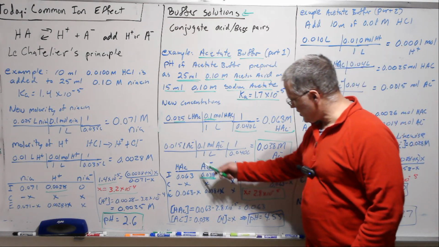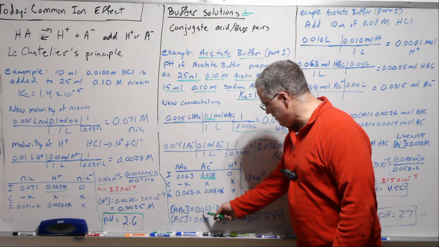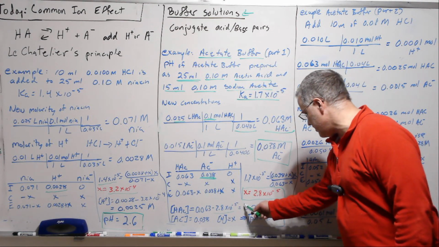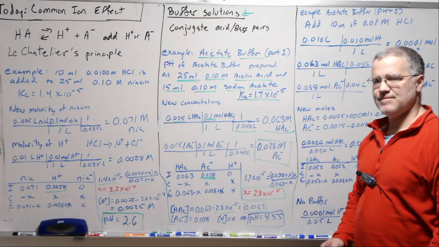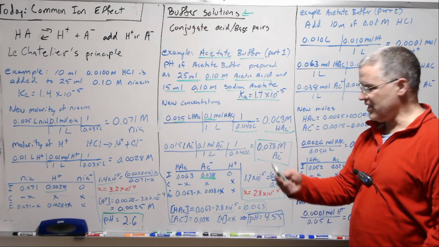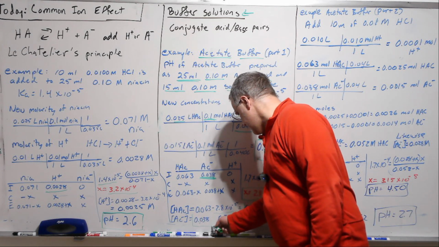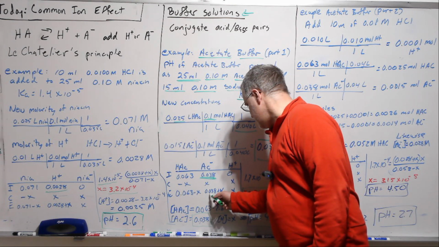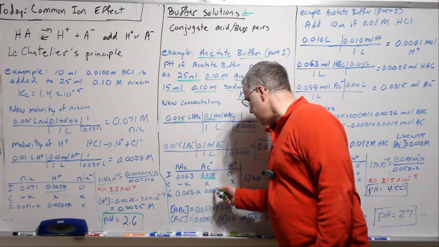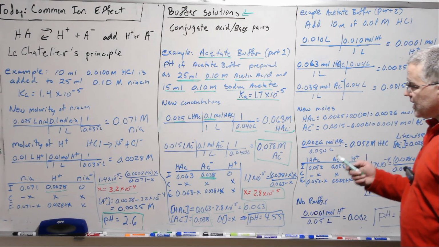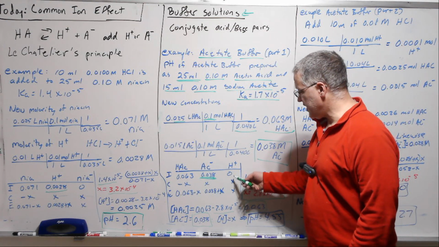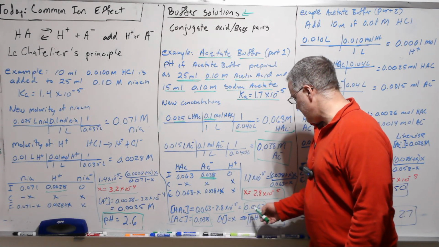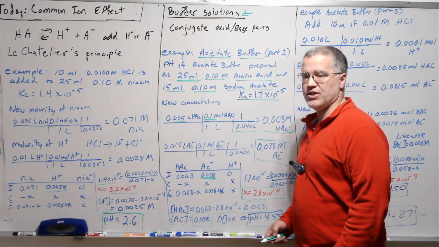Now, let's calculate how much of each of these is around. Well, we're going to have 0.063 minus this, but that's going to be inconsequential to sig figs here, right? So essentially, it doesn't change. It's so little. And likewise, same here. This is not going to change. So this would be 0.038 plus x. Well, it's still going to be 0.038. But what does matter here, what is a significant change, is going from 0 to x for H+. And so we take the log of this, and we get a pH of